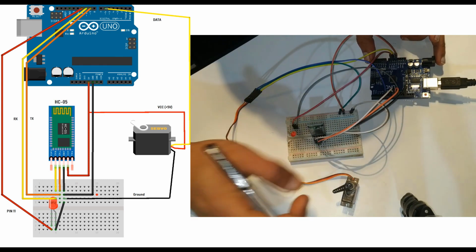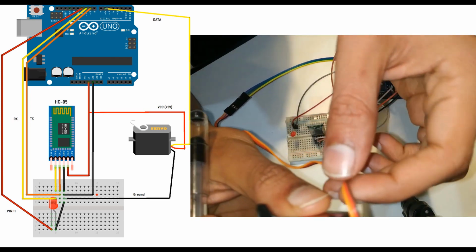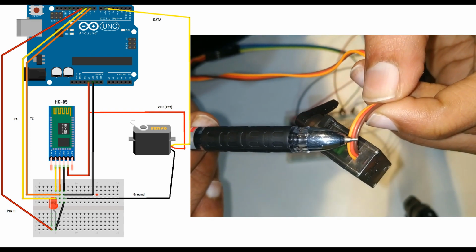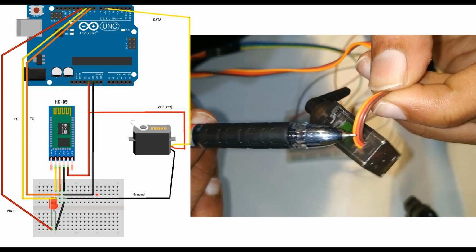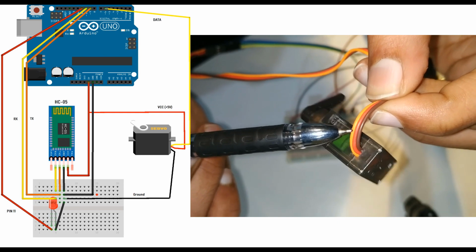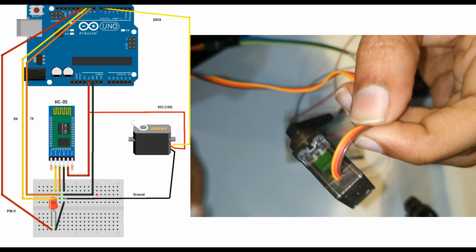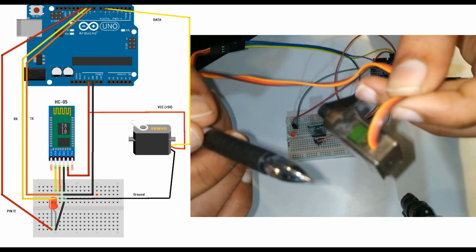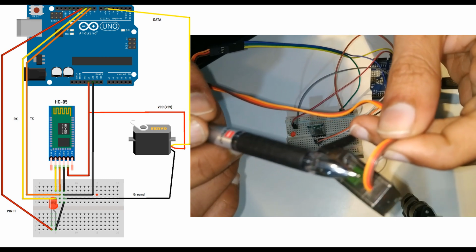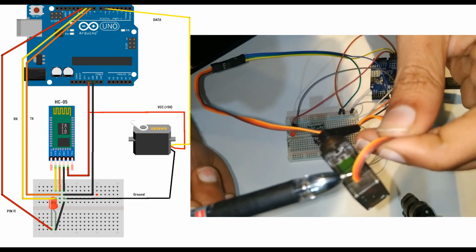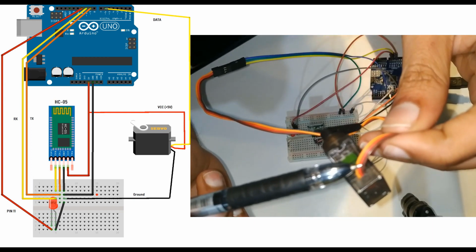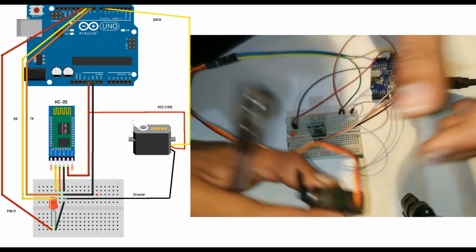Basically the servo motor over here has 3 wires coming out of it. That's the brown wire, or say black wire, which is the ground wire. The middle red wire is always the 5-volt positive wire. The yellow wire is the control pin or the control wire. This control wire we have connected on Arduino's pin number 6, we have connected the red wire on Arduino's 5-volt supply, and the brown wire, which is the ground wire, we have connected on Arduino's ground terminal.